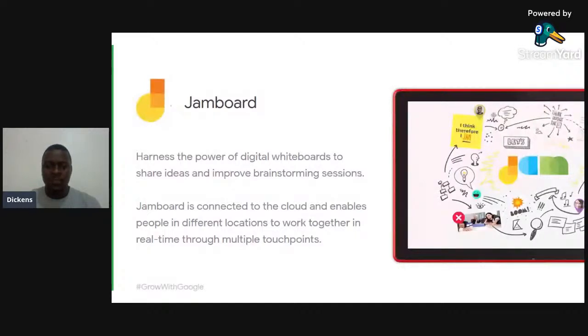So with Jamboard, you can do the following. Number one, you can write and draw with the included stylus. You can search Google and insert images from web pages. You can tag and resize text and images. You can sketch. You can share your jams with collaborators, up to 50. You can add Google Docs, Google Sheets, and Slides to the jam. You can view and edit your jam files. So this tool comes with plenty of features that you can use to collaborate and brainstorm ideas with your team or colleagues.